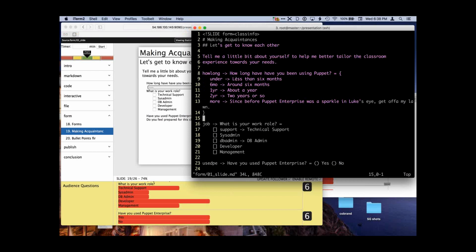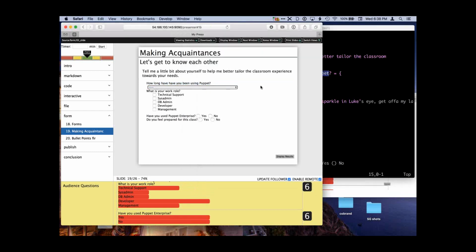And then down here, I have a special extension to Markdown where I can give each question a certain syntax. I give it a name. This is how I index into it in the JSON file when I'm looking at results. And then some text. That's what's printed out here.